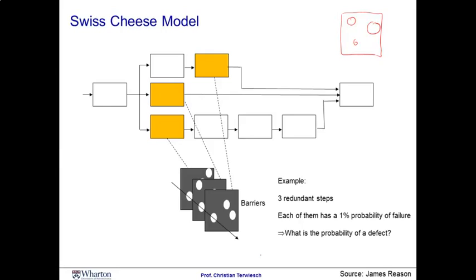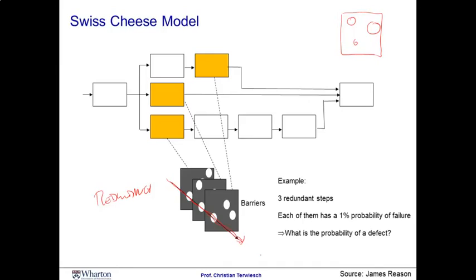Now, the Swiss cheese model doesn't look at one slice of cheese in isolation, but asks what happens if you stack multiple slices of cheese on top of each other. With a certain small but positive likelihood, you can stack up the slices of cheese and all the defects line up, and the outcome is tragic. This is the idea of redundancy. As you add multiple layers of cheese on each other, it is less and less likely that you can see through all of the slices at once, but again, the outcome probability is still not zero.